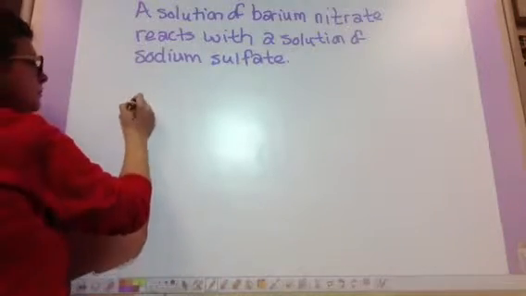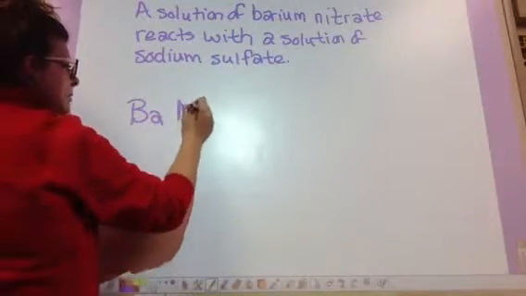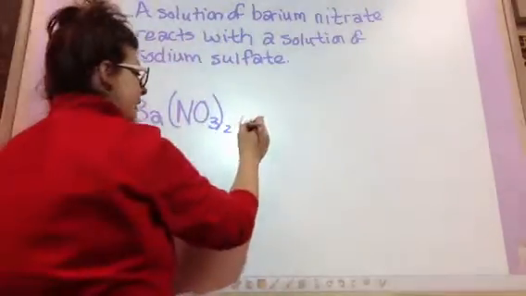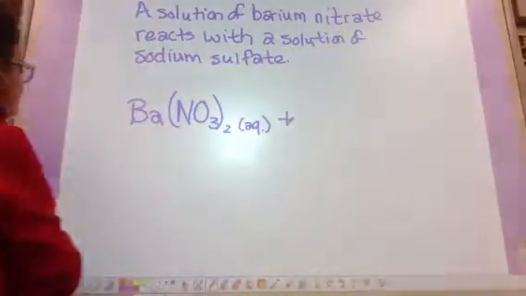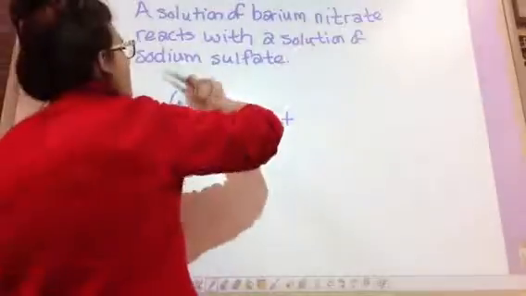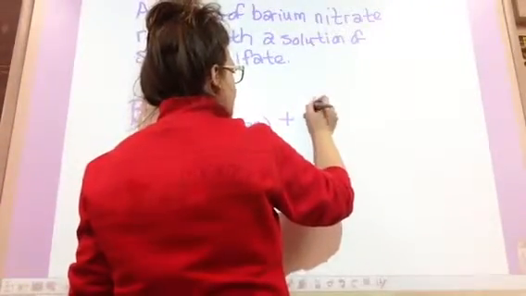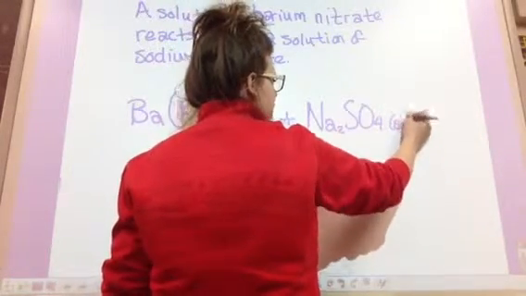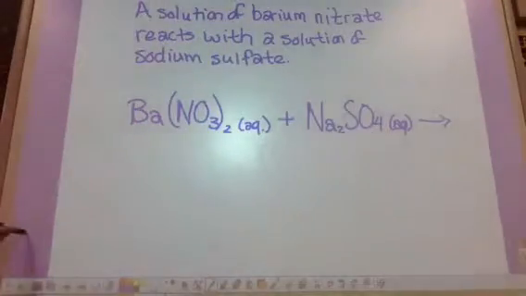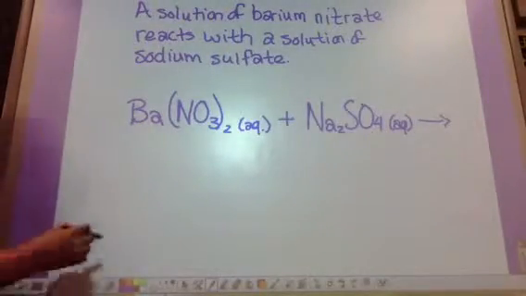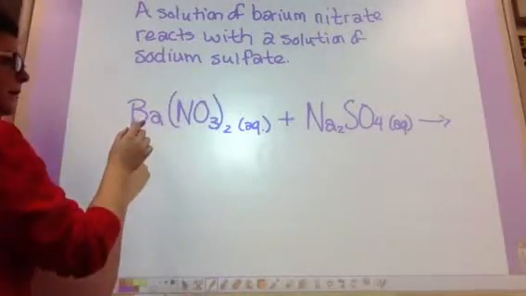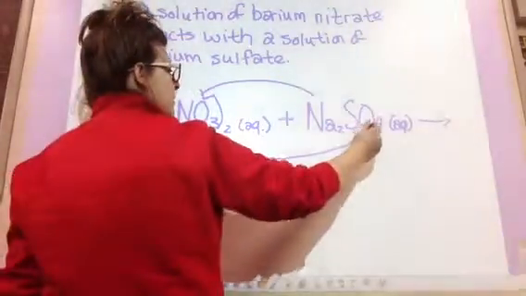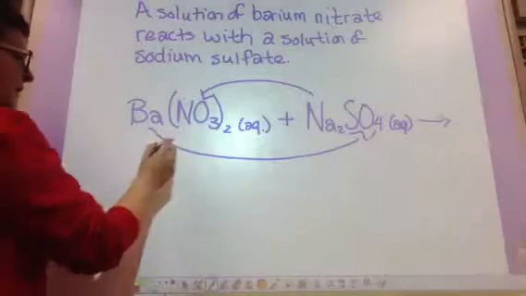So let's just write out, I have barium nitrate. So there's my barium nitrate. It's a solution, so I'm going to write aqueous here. And then I have a solution of sodium sulfate. So then I have sodium sulfate, and that's aqueous. Okay, so this is just a simple swapping of partners. Barium is going to now go with sulfate. Sodium is now going to go with nitrate. So I have barium sulfate,